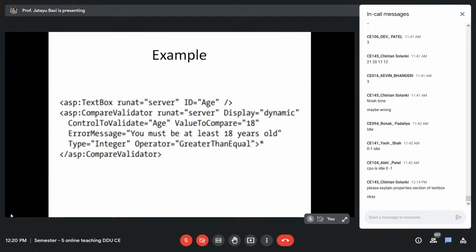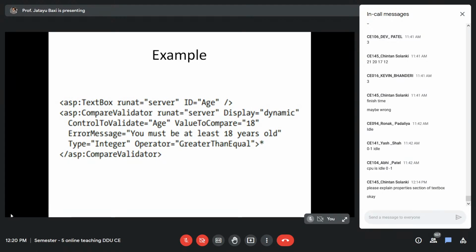We'll see this example, but just for your understanding, this is the code for the compare validator, where it is calculating the age and comparing that the age must be greater than 18. How is it comparing? You can see there is a type property. Obviously, when I am comparing, I have to give what type I am targeting.